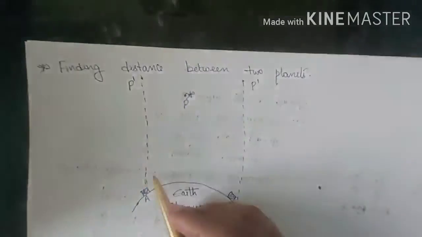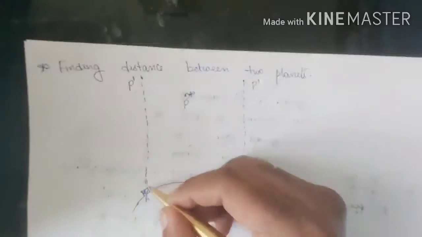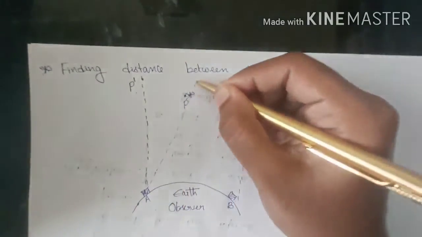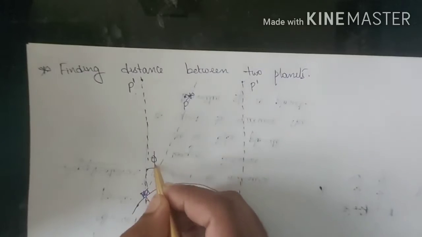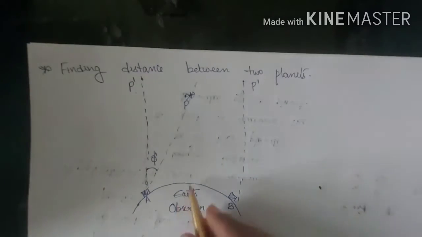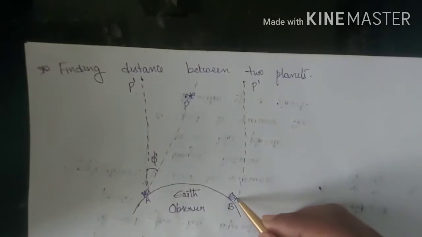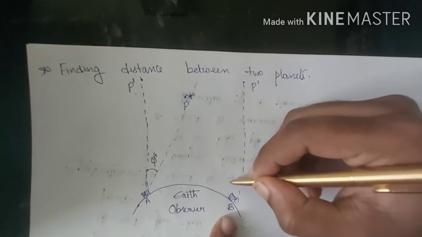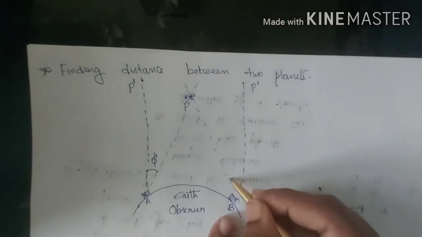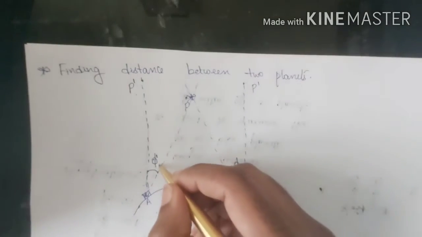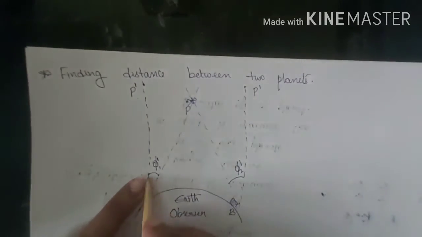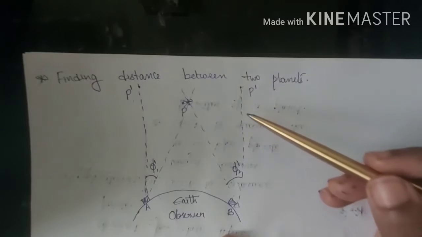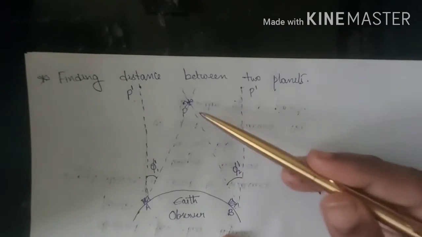When you observe this star through a telescope, you will have some angle. Now if I change the position of my telescope in order to measure this planet, I'll have an angle here of phi 1. And if I'm measuring this P dash, if I change my telescope from B, then I'll have an angle here, this is phi 1 dash, this is phi 2 dash. So I got phi 1 dash at A, and phi 2 dash at B, when I'm observing P and P dash.